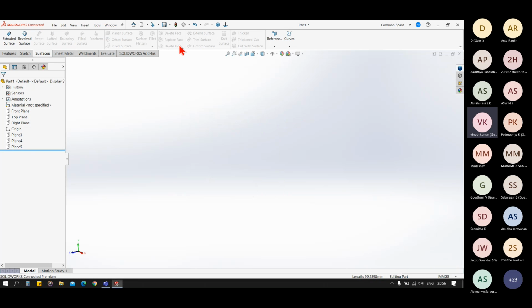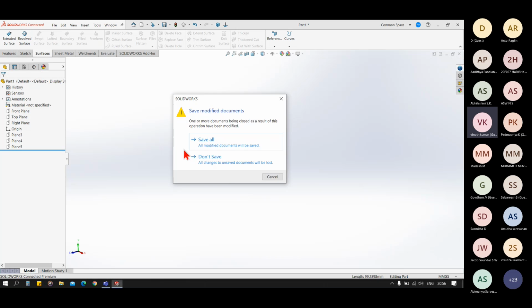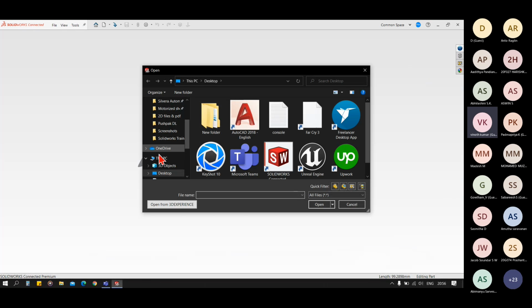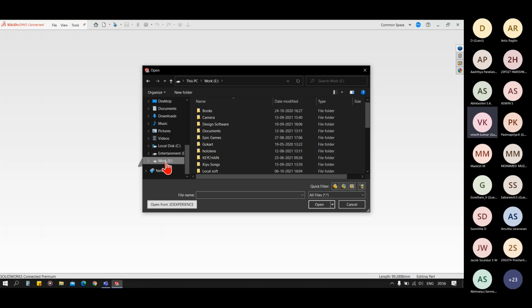So next is delete face, delete hole. Okay, so for those, let me open some pre-designed examples of surface.